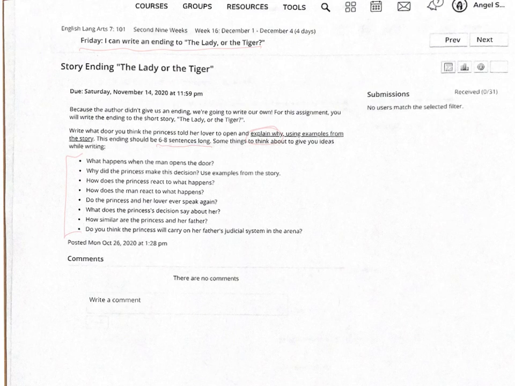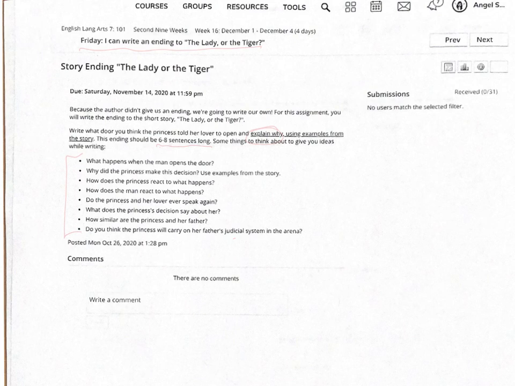How similar are the princess and her father? Remember, her father's the king. He's the one that came up with this whole arena thing. And then do you think the princess will carry on her father's judicial system in the arena? Meaning, do you think she's going to continue on this tradition that he has come up with? And you don't have to use these, but if you're just lost, these are some really good questions to answer